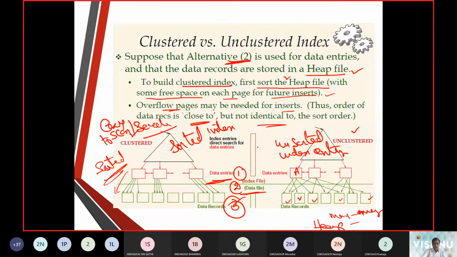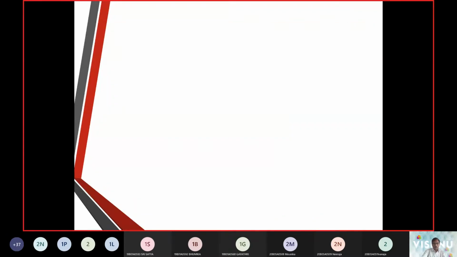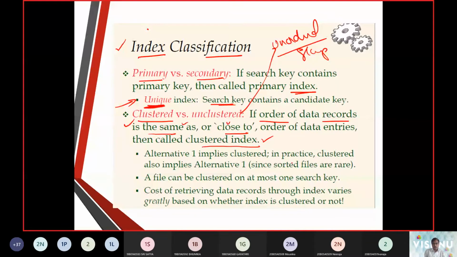The very first alternative we were talking about: in practice, clustered indexes are going to be a sorted file. That is the first takeaway. The second takeaway is that they are going to have at most one such key, which we call the primary key.